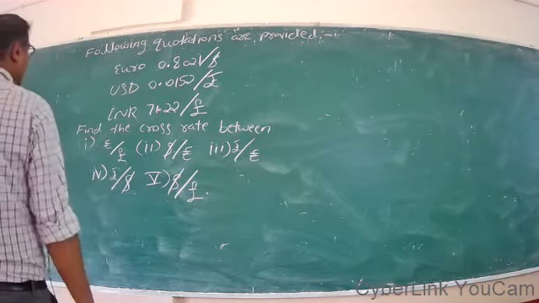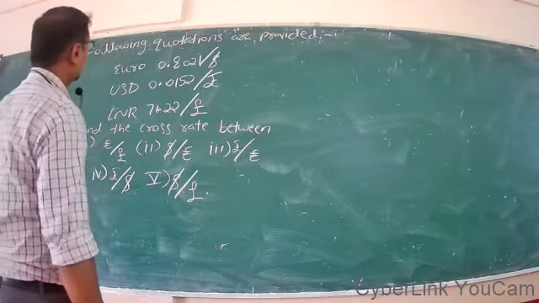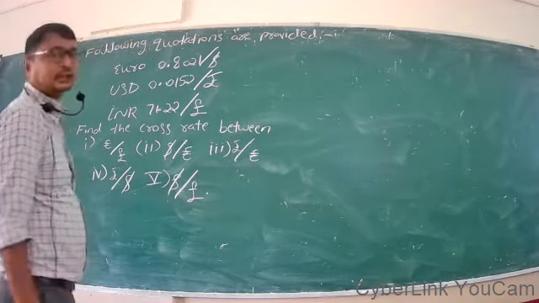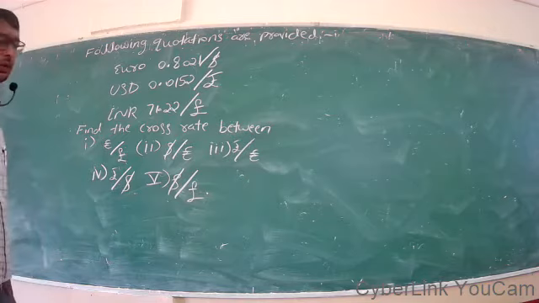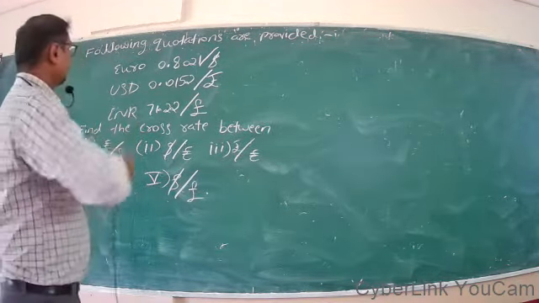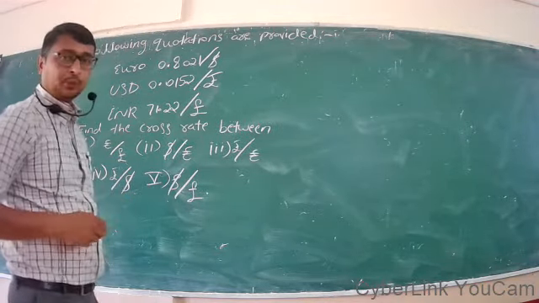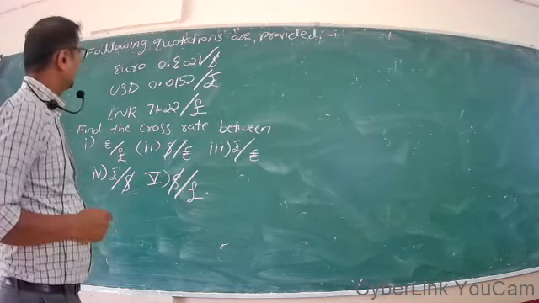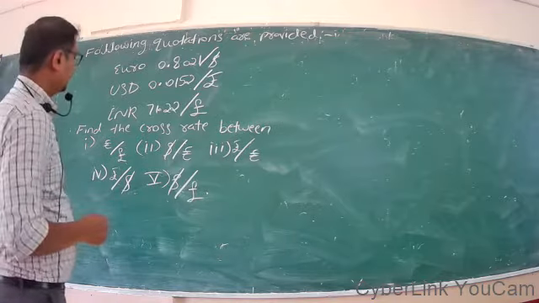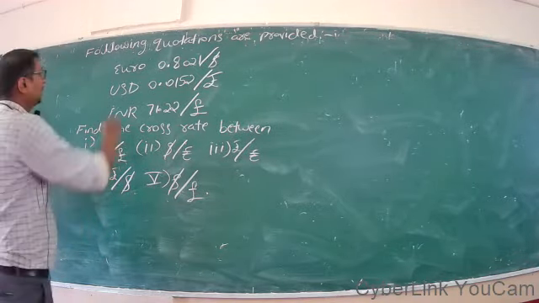dollar per sterling pound. See, the quotations given are one-way quotations because there are no two prices involved in it. Not both ask and bid price is involved in this quotation. So such a type of quotation is considered a one-way quotation. So for the one-way quotation, they have given euro per dollar, dollar per rupee and rupee per sterling pound. With the help of these, we need to establish the relationship between the first one, euro per sterling pound,